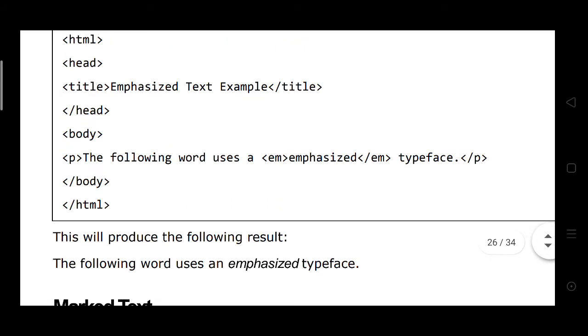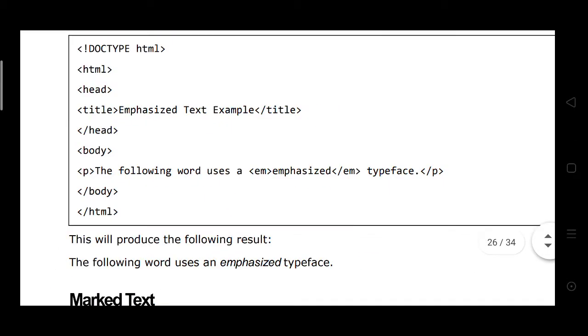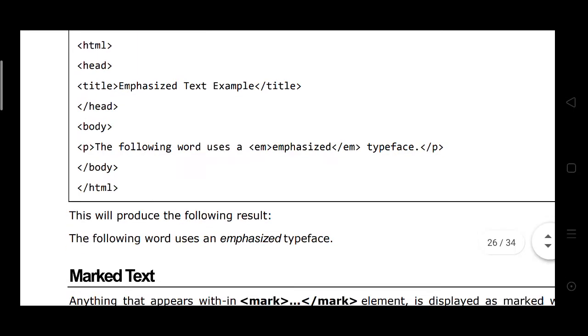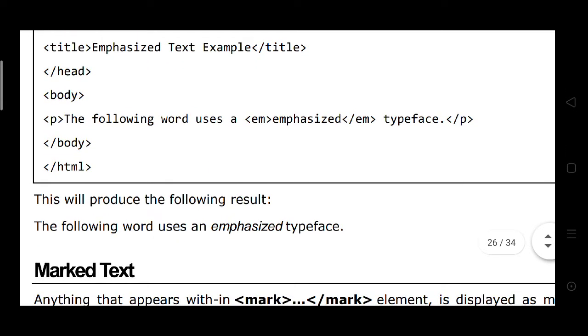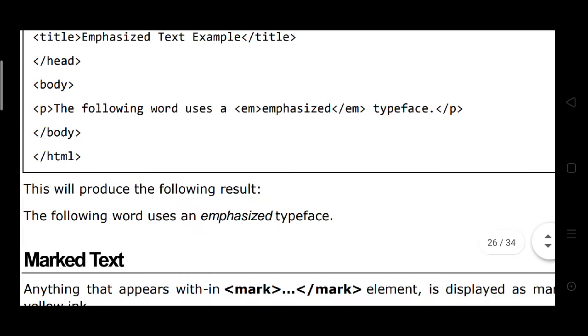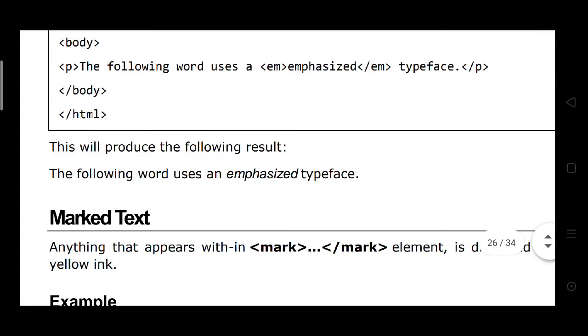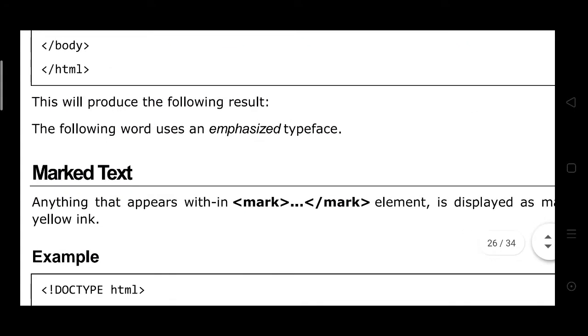You may write EM, ending with EM, which is also a pair tag, and this is the emphasized typeface.